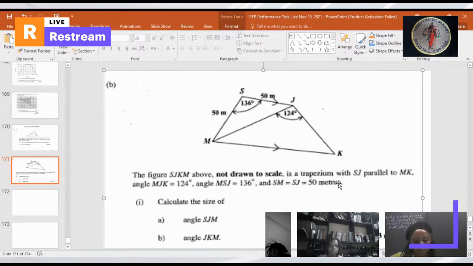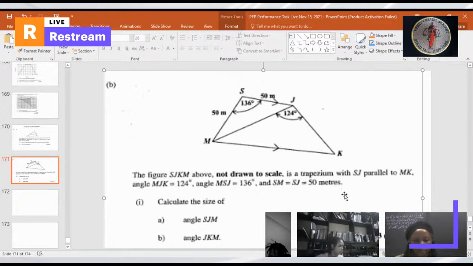93.2. Okay, and they want it correct to one decimal place. Remember that? Yes, miss. So it will be what then? Oh, well, that's it, right? One decimal place. Okay. And now they want